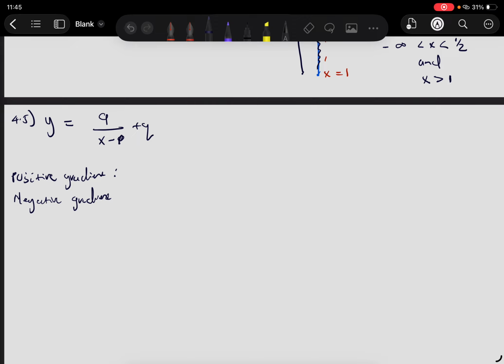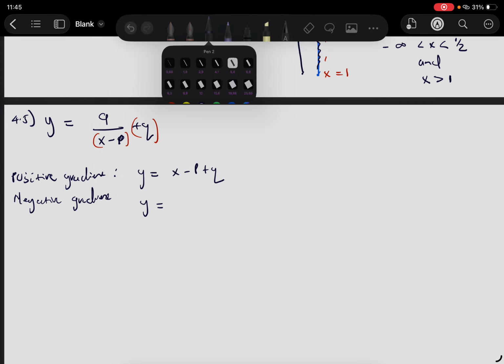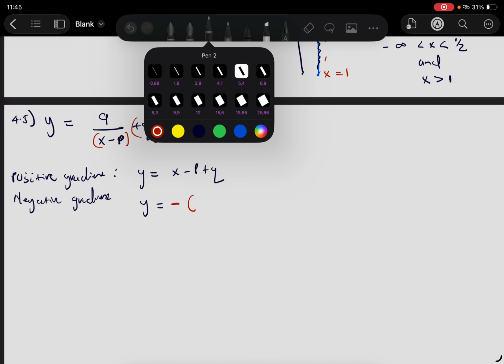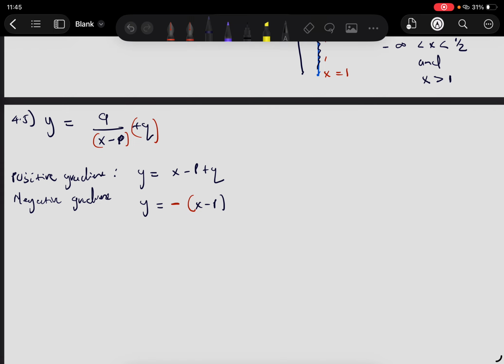So for the positive gradient one, this is given by y is equals to x minus p plus q. The negative gradient one, it's still y is equals to now negative x minus p plus q. So the negative gradient part occurs when we put the negative outside our x minus p, or outside the vertical